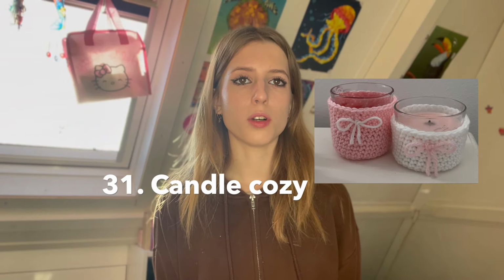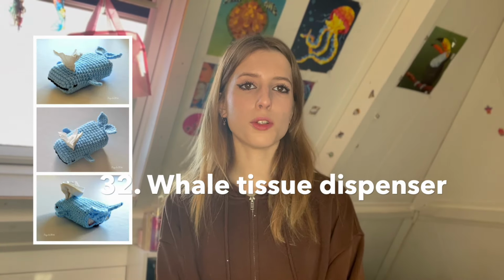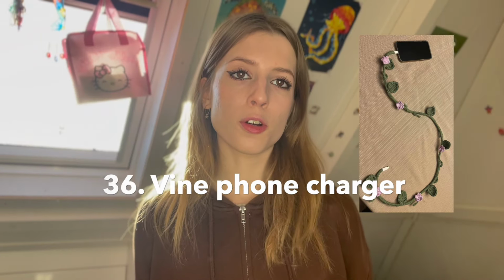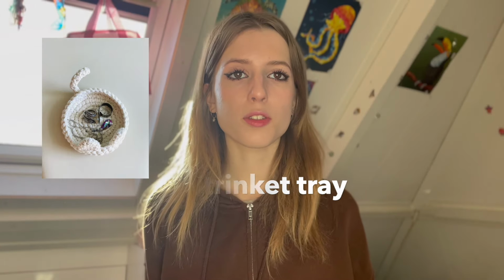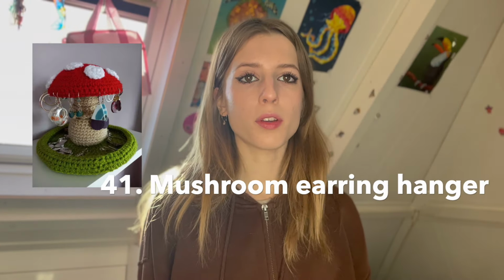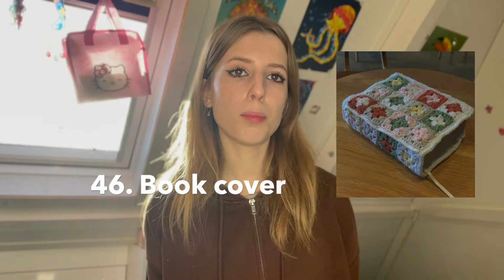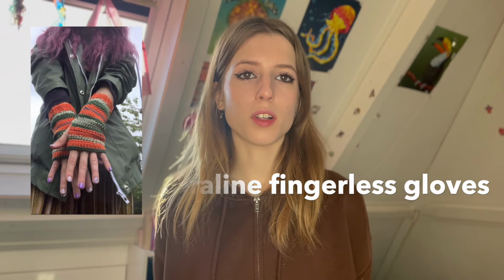tray, a candle cozy, coasters, a wheeled tissue dispenser, a fruit hammock, an off-shoulder sweater, a vine phone charger, a lily of the valley charm, a messenger bag, a cat trinket tray, banana cat, a mushroom earring hanger, an AirPods case, a granny square backpack, a gemstone holder, a granny square blanket, a book cover, Coraline fingerless gloves, a checkered